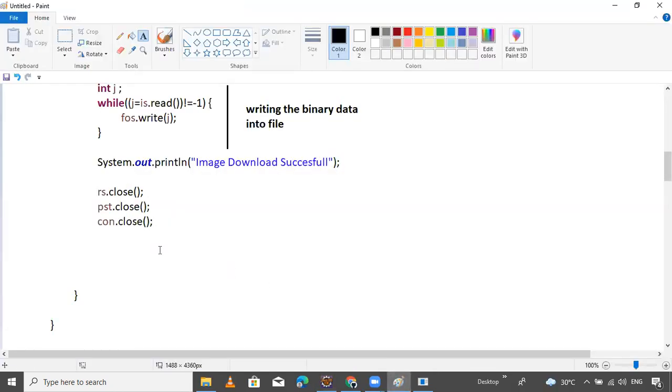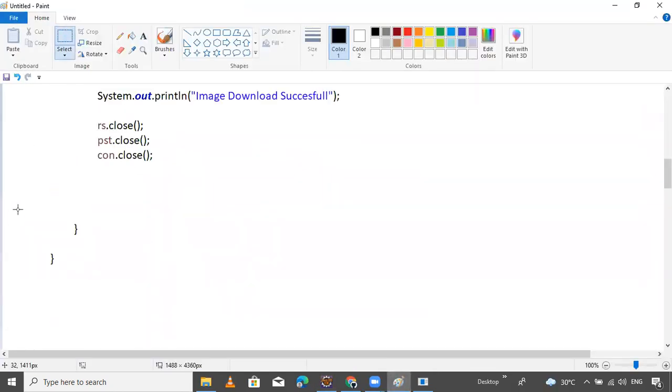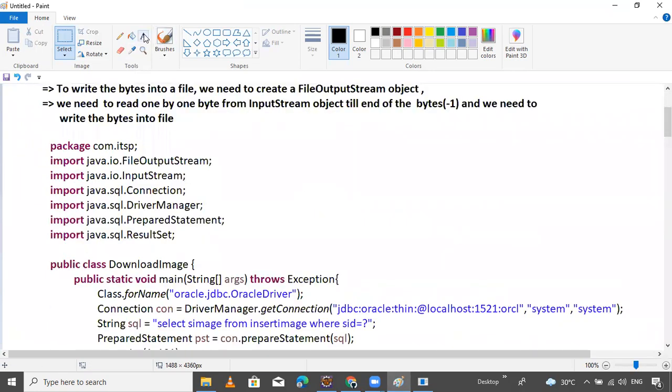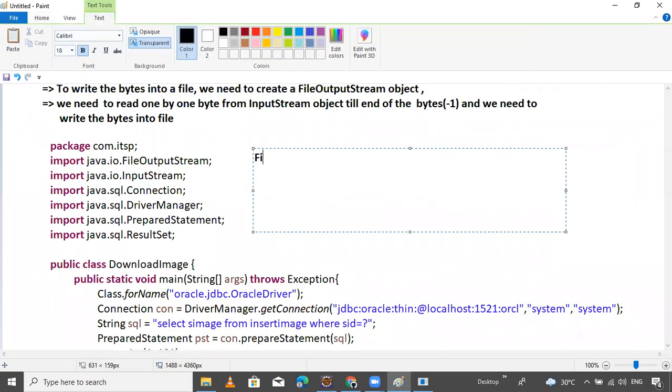Okay, I'm sharing the project with you guys. First way. Here you can write. I'm writing: first way to retrieve, to download image from database.